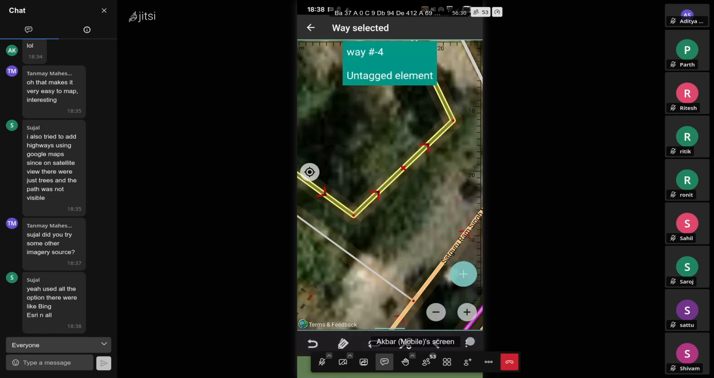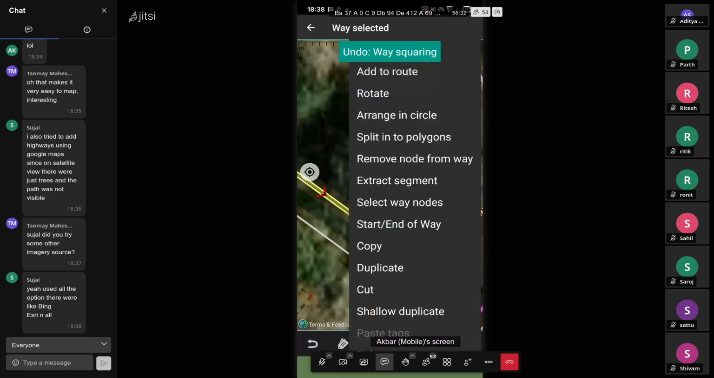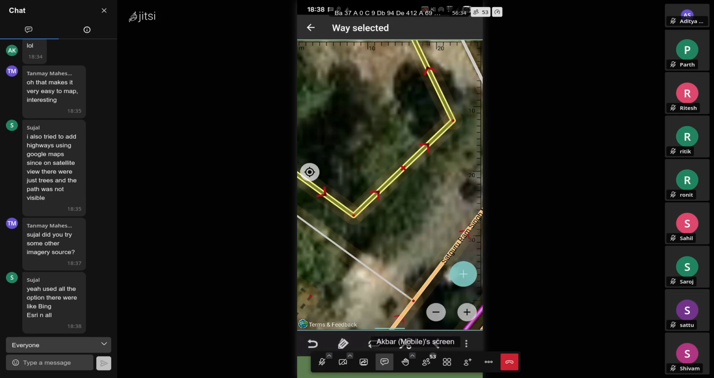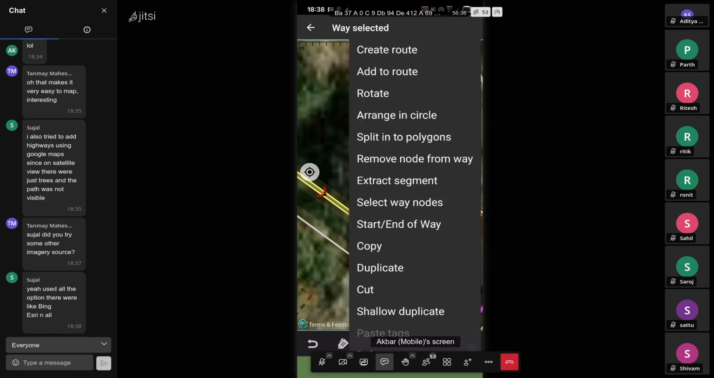And there are just other options in the three dots. This is the continuation of the bottom bar, and there's the create route, add route. This is just the relations thing that I was talking about. It's interesting, but I'm going to talk about it later. One thing that's pretty amazing about OpenStreetMap is